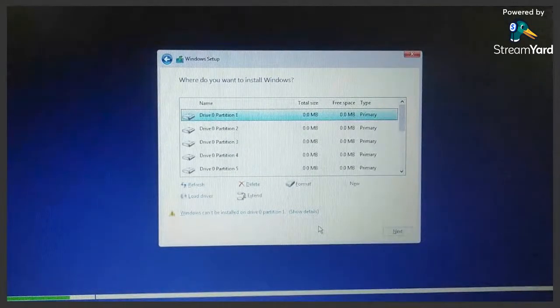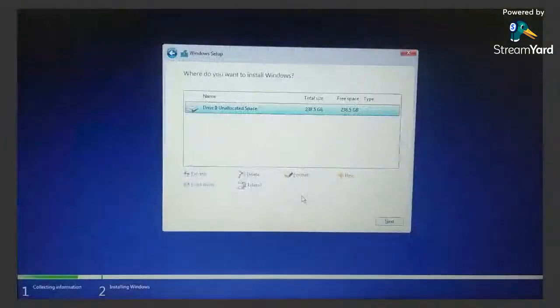You should remove all the partitions from here, and then it will show just drive 0 unallocated space, and then you should create new device by clicking on the new button and continue your installation. So these are the steps,